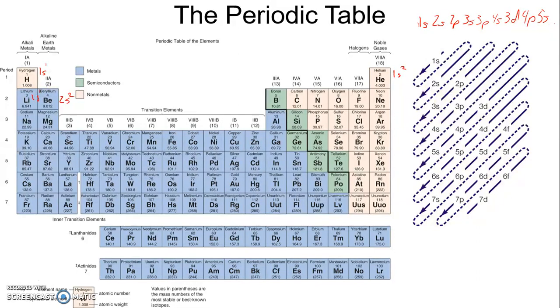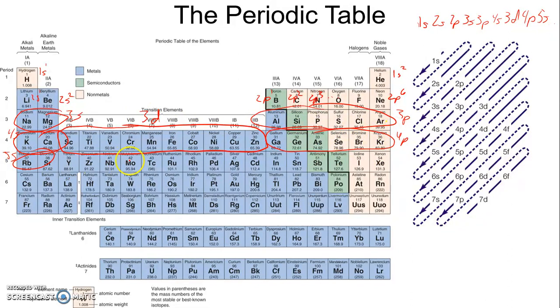But then the next thing to fill up would be the 2p's. So you'd have 2p1, 2p2, 2p3, and so on until you fill up the 2p orbital. And then you have the 3s's, the 3p's, the 4s's, and then the next thing to be filled after the 4s's are the 3d's. And then the 4p, 5s, 4d,